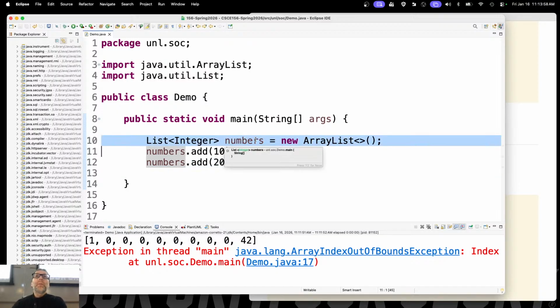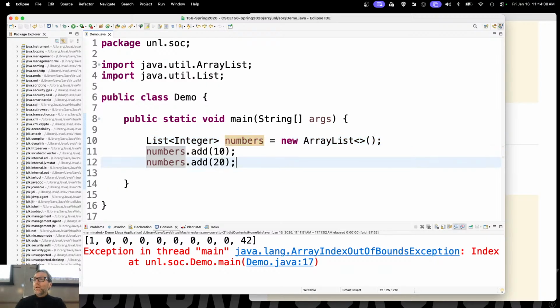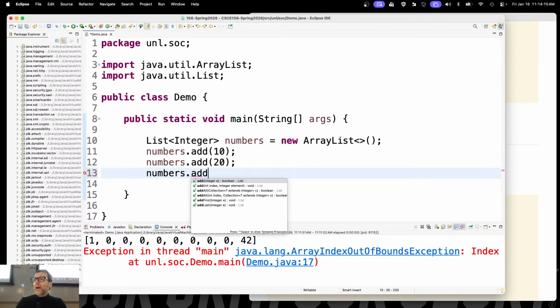Well, there is no initial capacity. It can hold however many things you put into it. It will grow and shrink automatically as you add stuff to it, as you remove stuff from it. Let me add one more thing here, numbers.add 30. Now, if I were to print this out,